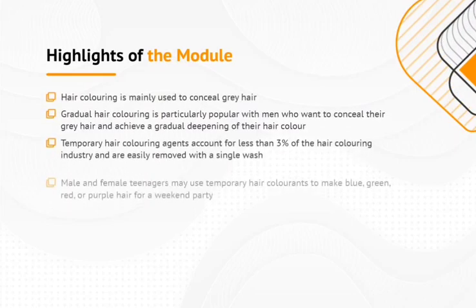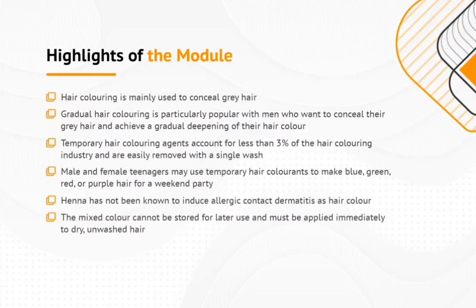Highlights of the module. Hair coloring is mainly used to conceal gray hair. Gradual hair coloring is particularly popular with men who want to conceal their gray hair and achieve a gradual deepening of their hair color. Temporary hair coloring agents account for less than